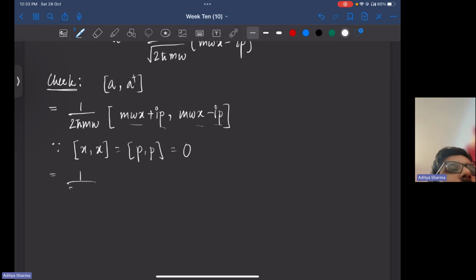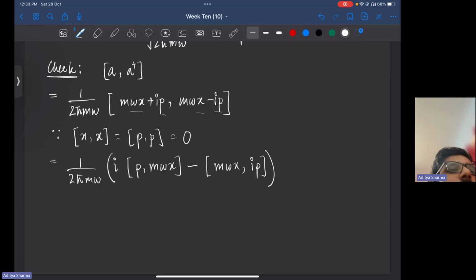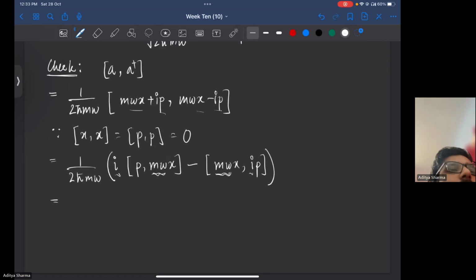So the first term is... now, while calculating commutation relations, the constant factors which are not operators come out. So m ω comes out and i also comes out. So I'm going to have i m ω,